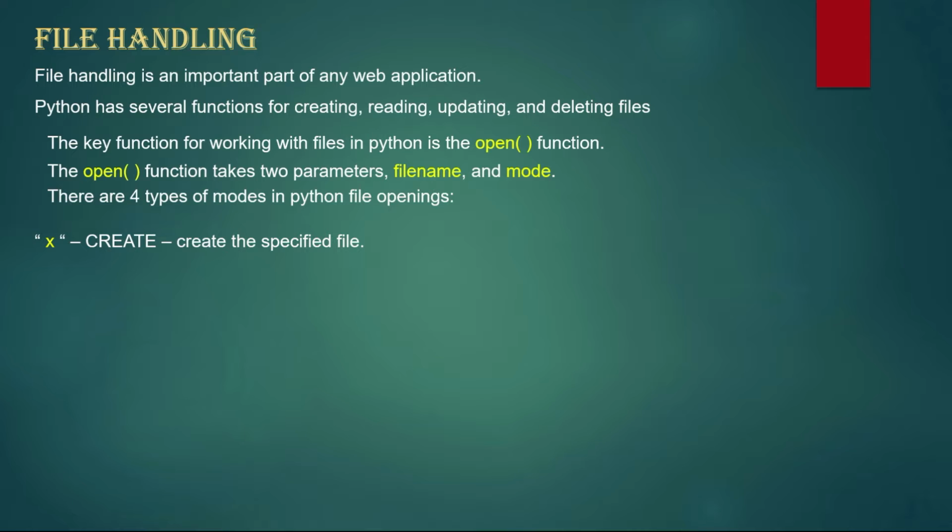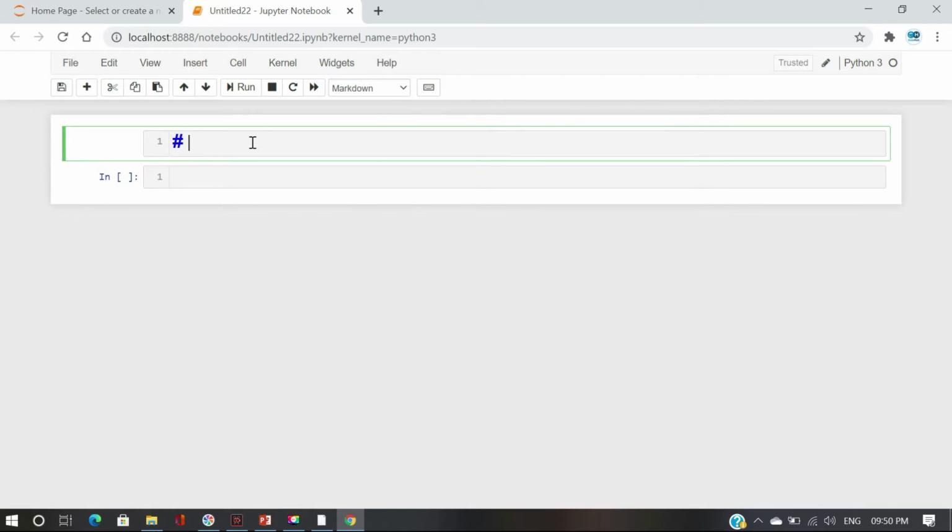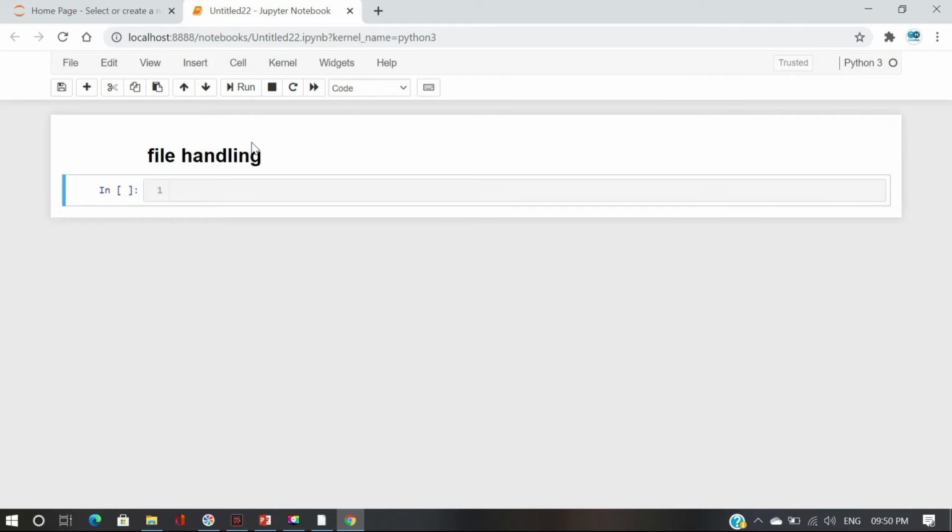How does it work? Let's see in Jupyter Notebook. We have to give some heading: File handling. Shift enter.